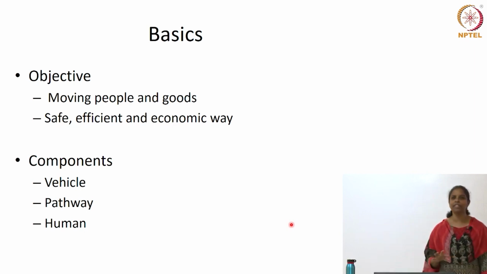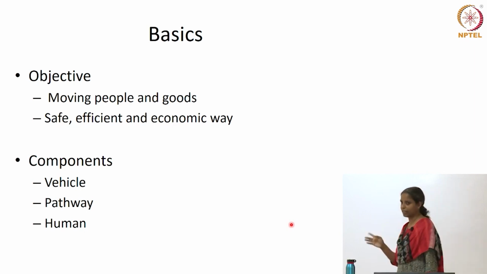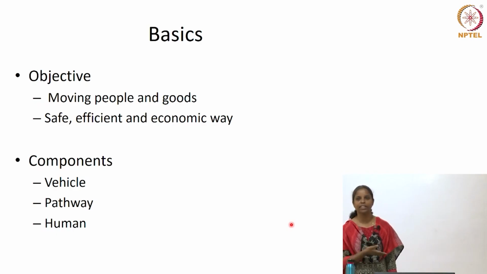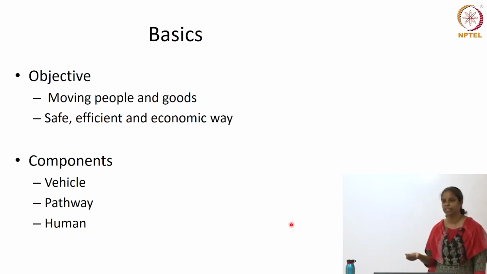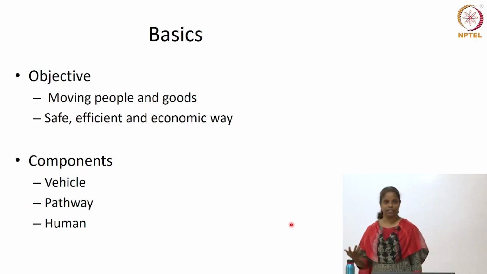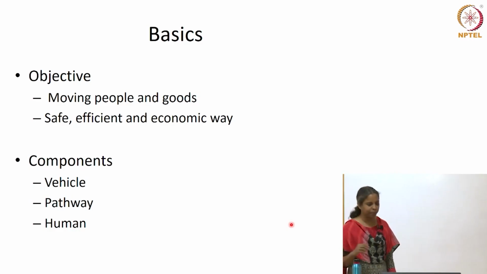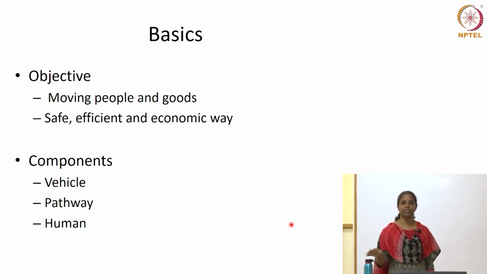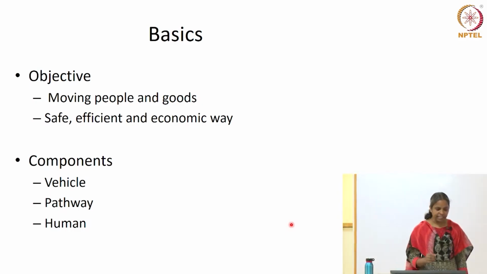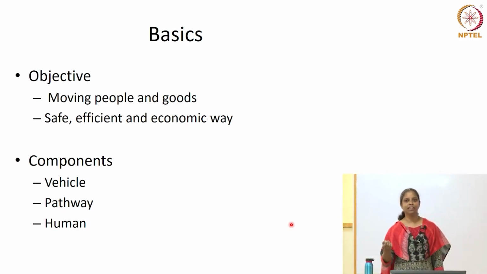And what are the components that we are talking about? There are mainly three components. One is what you already discussed, the infrastructure: the roadway, the railway, the airport and all those things. The second is the moving objects, the vehicles, the train, the airplane. That's where I am going to concentrate the most in this discussion, because the infrastructure is something you have already listened to in two different talks. And the third component, which is the most complex one, is the human component. There is always a driver, there is always a pedestrian involved in the system.